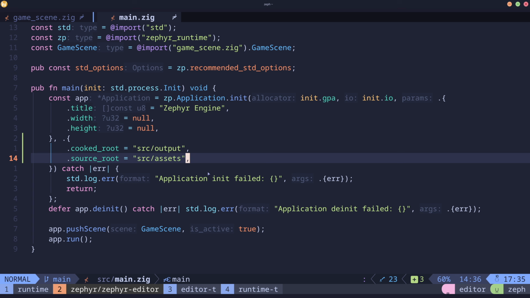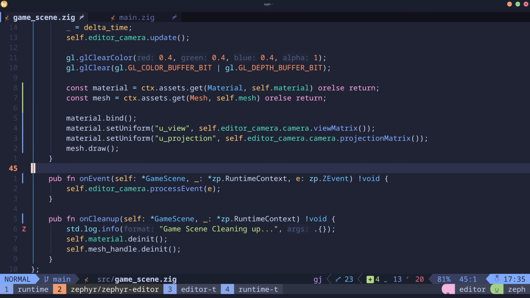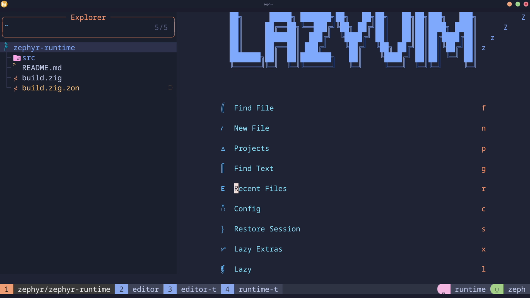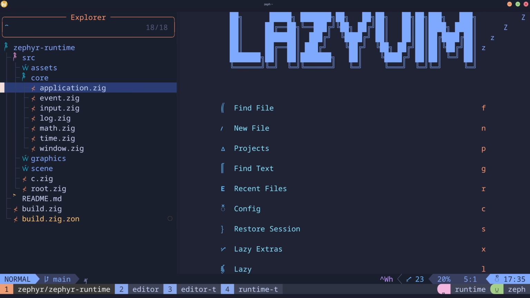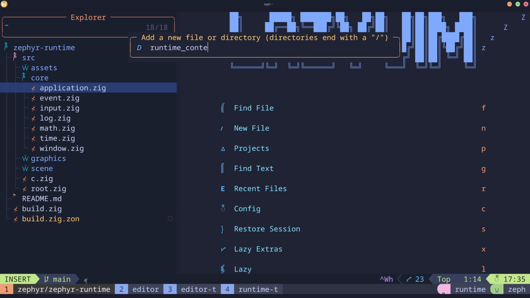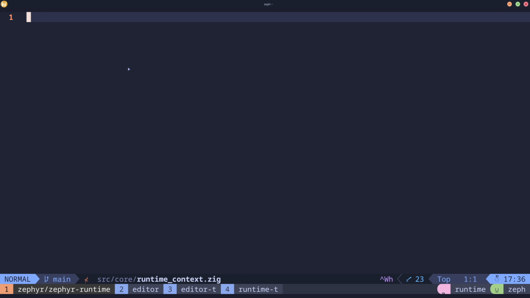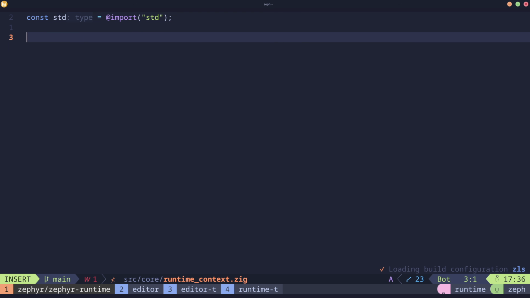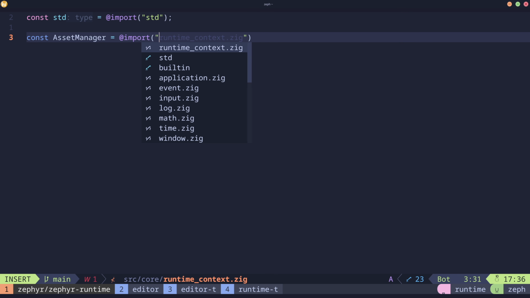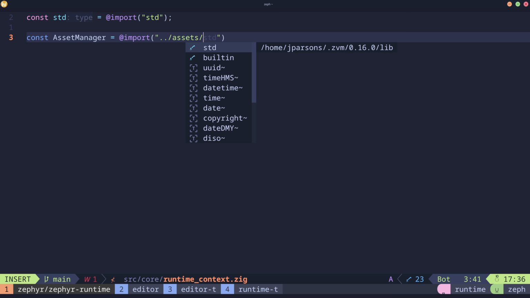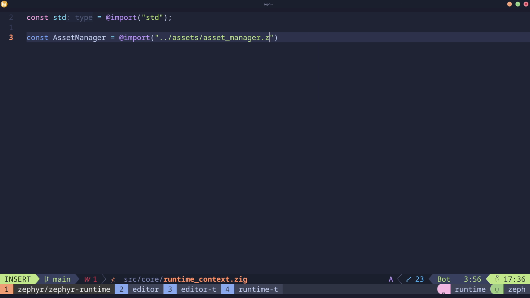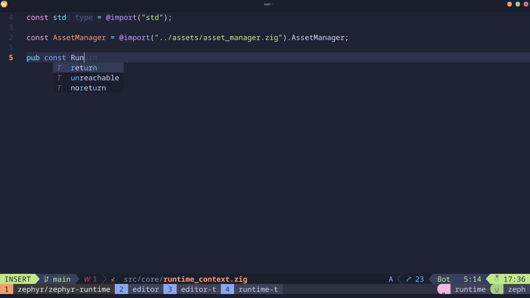So the first thing I want to go over is just going to be adding this runtime context everywhere. So let's go in, we'll go to core, and we'll call this runtime context.zig. So what's this going to look like? const std equals import std and const asset manager. And again, we haven't written this yet, but we will be. Assets, asset manager.zig, asset manager,